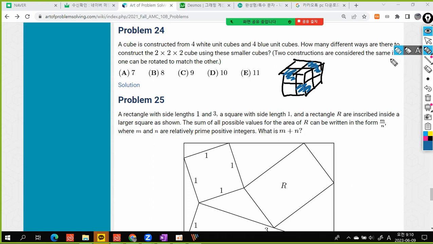When the four cubes are in one layer, that's one case. For the rotation, the 1 and 3 makes 4 cases, and 2 and 2 makes 2 cases. So the sum is